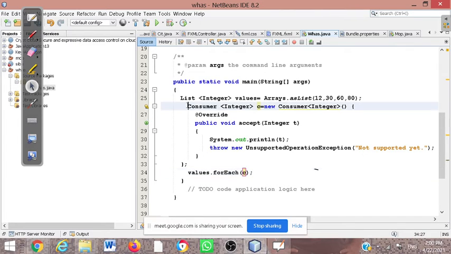So Consumer is an interface, we are taking the object of this, and in that we are using the lambda expression, this method is overridden there, and we are going to print the value of all this collection framework inside this, right? And finally the iterate approach will be used, and the forEach method is responsible to fetch your data, right? And this object is taken by the Consumer interface, right?